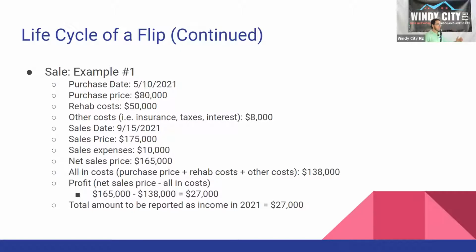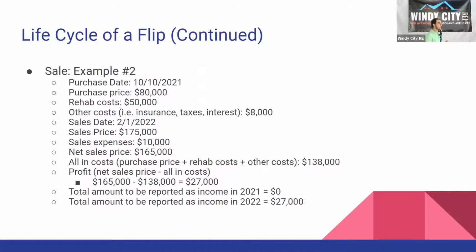And then you decide to sell it. It's a pretty efficient flip. It takes about 4 months. And you sell it for 165 after all expenses, 175 on the sale, and then 10 on any sales expenses that were mentioned in the previous slide. So in effect, you then have a profit of the 165 less the 138 that you're in. So you have $27,000 of profit. And the $27,000 of profit gets reported in 2021 because you sold it in 2021,